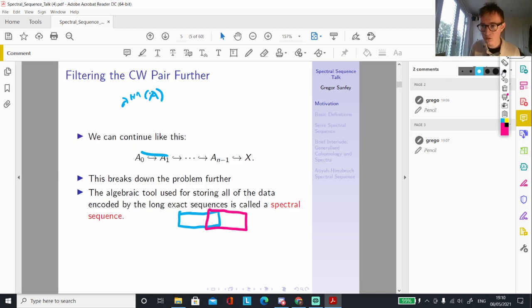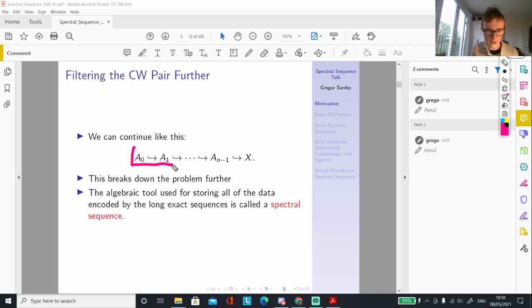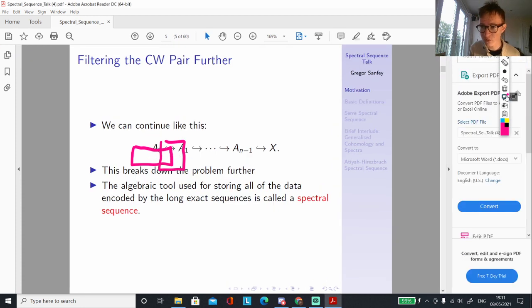We can do this for n spaces. And so we would hope that we can approximate the cohomology of X with a bunch of these CW pairs like this. And hopefully with all of those long exact sequences, we can eventually bootstrap our way up to the cohomology of X. So that's going to be our general approach. And so the algebraic tool, the way that we put all of these long exact sequences together,